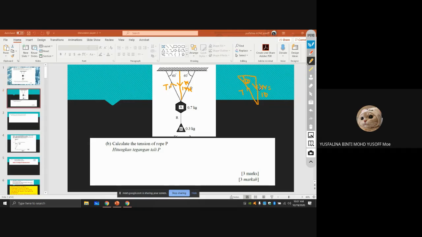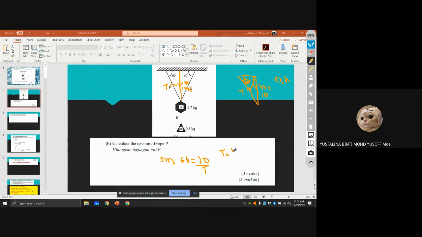This one we call the opposite. The opposite is across from the 90 degrees, so this is called the hypotenuse. So here we use sine. Sine 60 equals the opposite, which here is 10, over the hypotenuse, which here is the T, the one that you need to find. Then you solve it, so you got T is